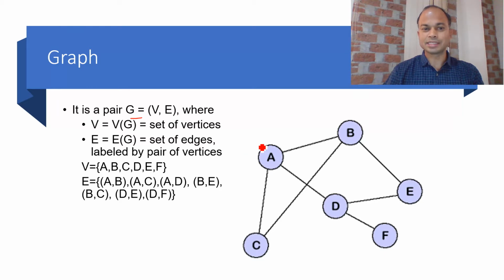If we talk about the edges, then a pair of vertices is called an edge. I mean, if we talk about this pair A and B, then we have this AB pair, because we have a set of vertices and these vertices are connected by an edge. Similarly, we have the A and C pair. This is further an edge. A and D, this is further an edge. D to E, this is also called an edge. We have various edges and this combination is called the set of edges.